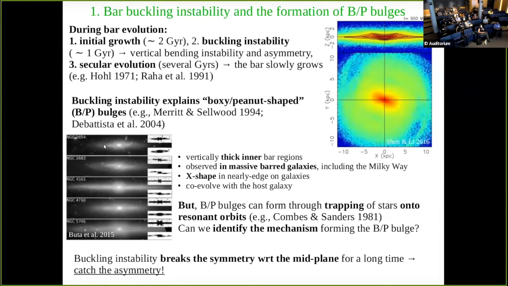So they are considered to be the vertically thick inner bar regions, and they can be identified as X-shaped structures when the galaxy is observed edge-on. Since they are common structures, they must play an important role in the coevolution with the host galaxy. So it is important to understand their formation scenario. Besides the bar buckling, BP bulges are expected to form as well through trapping of stars onto resonant orbits. So the question arises whether it is possible to distinguish between the two proposed formation scenarios